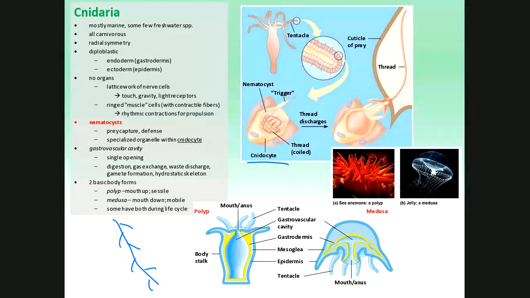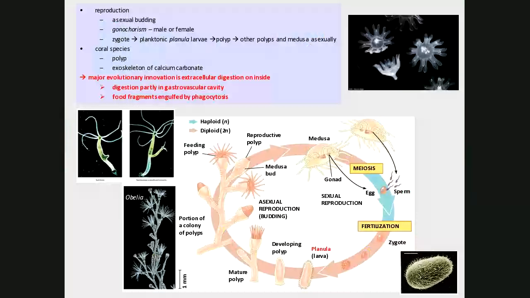Some organisms in this group actually have both of these during their life cycle, right? Just like we talked about in the sponges, dispersal is important. So there are some organisms, and if you're thinking, I'll bet it's probably the sessile ones, if any of them, you'd be on the right track. If you're sessile, one of the ways that you could disperse is to form a medusa that floats off, right? Get away from your parents. That's what that's saying.